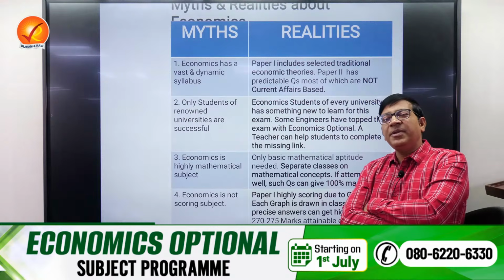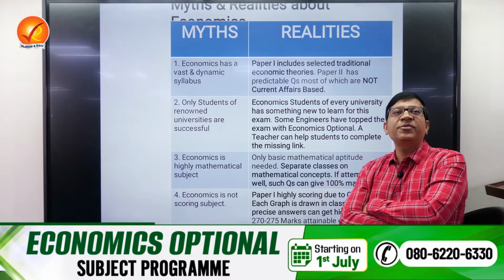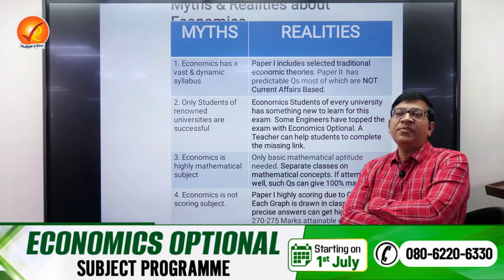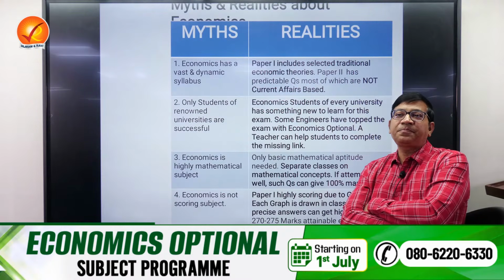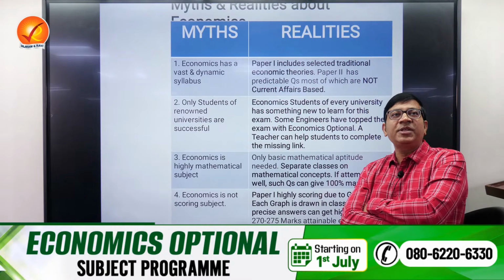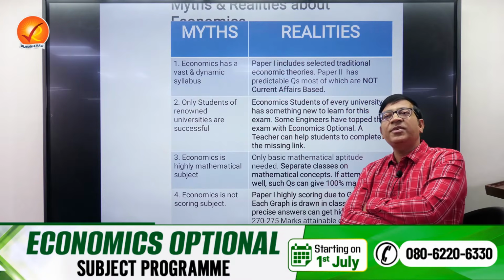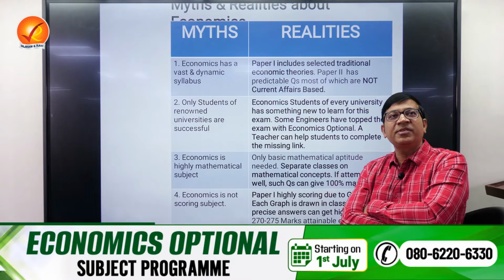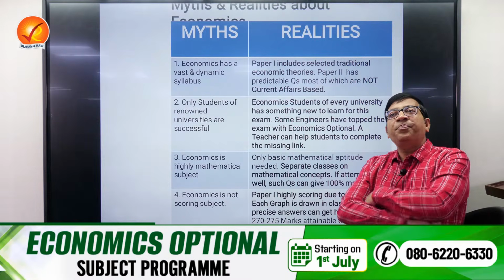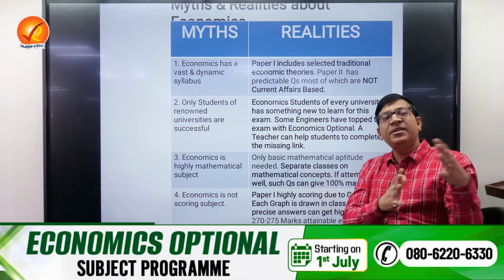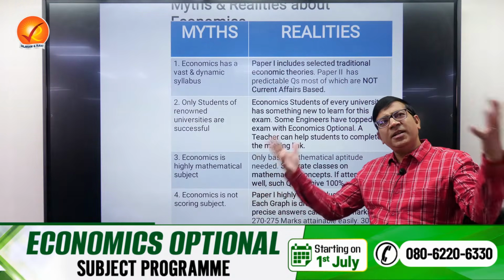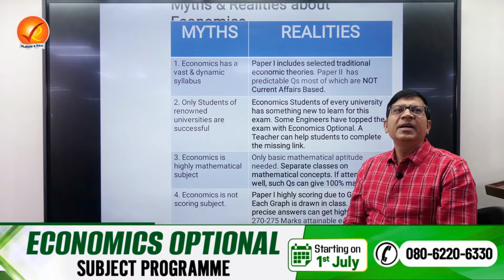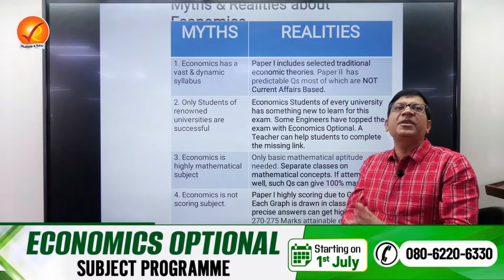But I can reasonably assure that whatever micro, macro, etc., they would have done is more or less uniform, because I have seen the syllabus of foreign universities also. Many times the teachers who teach at the Delhi School of Economics have themselves done their PhD from US universities, and therefore the way the syllabus is put there is very similar. So the micro and macro syllabus is mostly drawn from the foreign university syllabus only. Basically the second paper is more on the Indian economy.